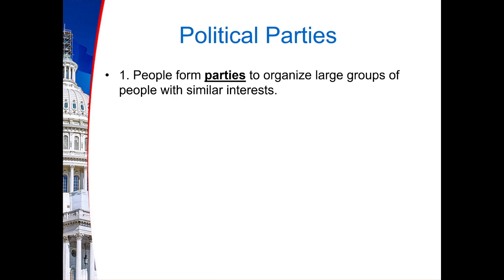You'll have a variety of different groups, and then those merge into bigger and bigger groups until finally you have parties. In some countries, you'll have 3, 4, 5, 6, 7 or more parties. In the US, as you'll see in the elections lecture, we only have 2 parties because of the type of election system that we have. It only allows room for 2 parties.